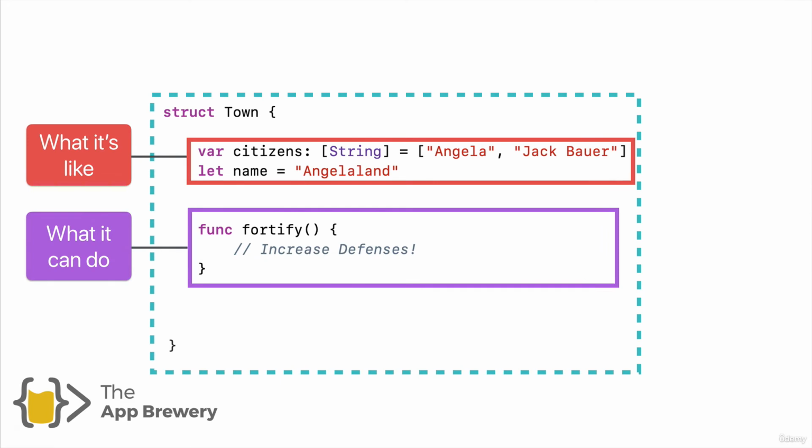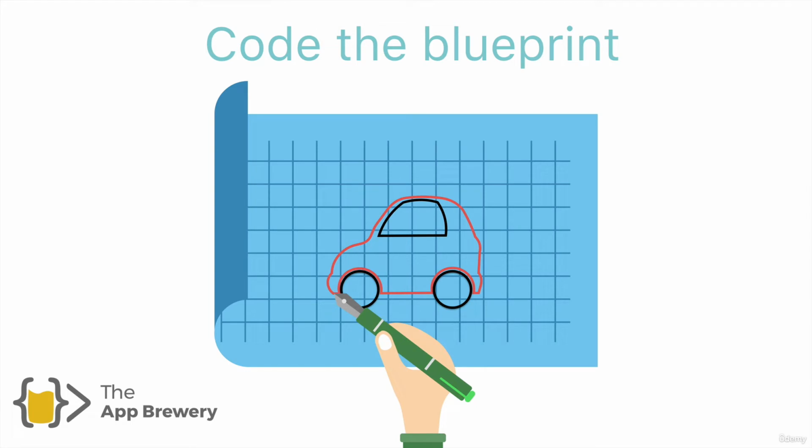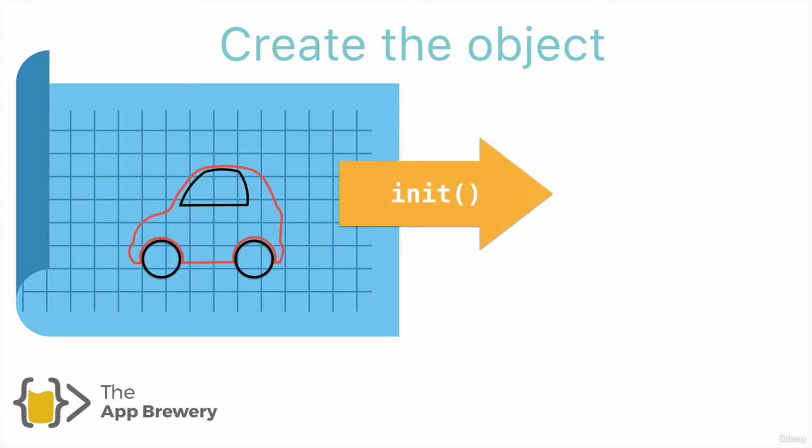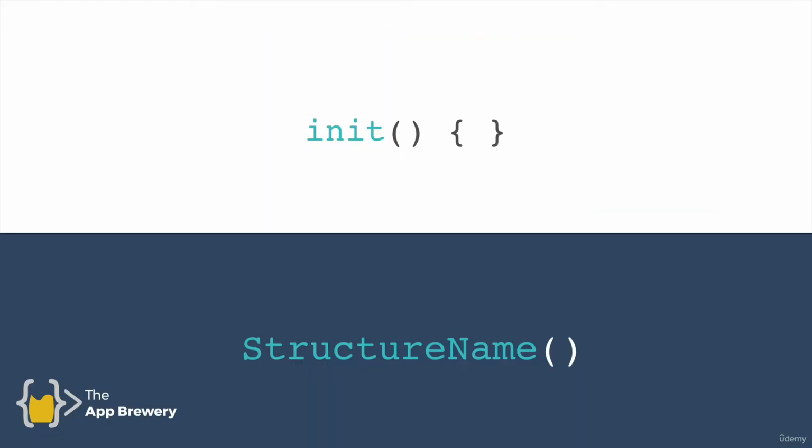So when we were defining our town struct, we were writing the blueprint for the eventual object that will get created. And we can take our blueprint and initialize it, which turns it into the actual object, in this case maybe an actual car. But what do I mean by that? What does initializing mean? And what does the code actually look like? Just like we would create a function, we create our initializer in a pretty similar way. We have our parentheses for the inputs that get passed over. We have our curly braces for the implementation or the code for how to initialize our structure.